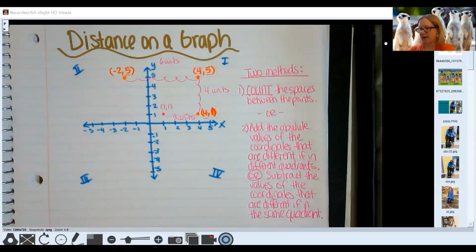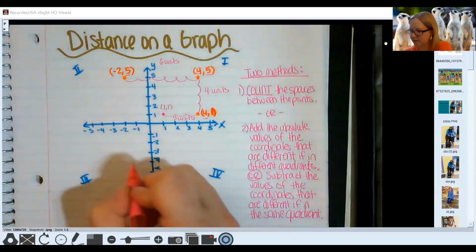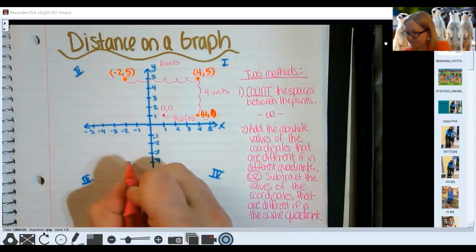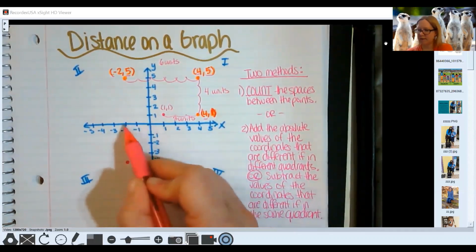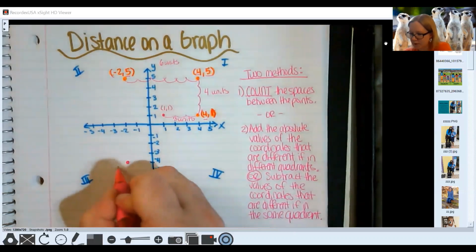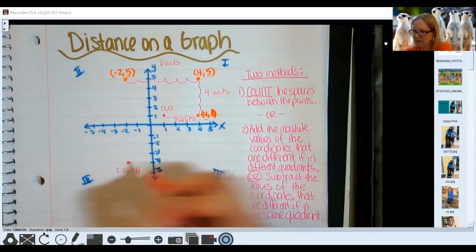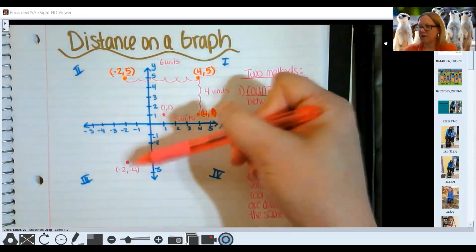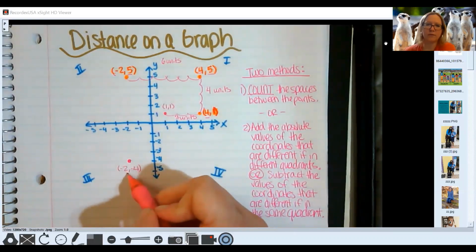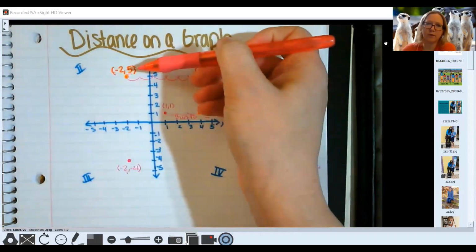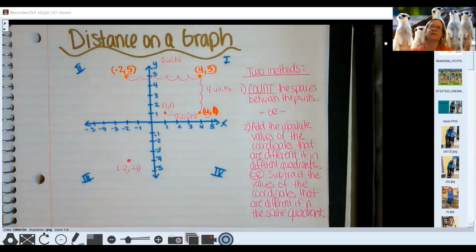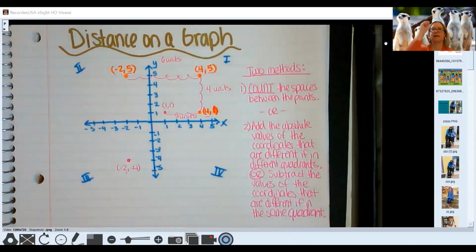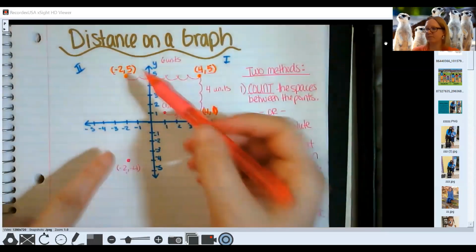Okay, what if I had a point down here, let's say right here, I'm going across -2 down to -4, and I want you to figure out how far (-2, 4) is from (-2, 5)? Okay, if you need to pause for a minute, then do that because you can count the spaces, or if